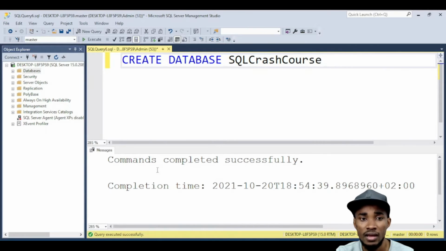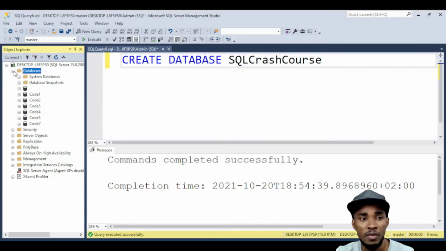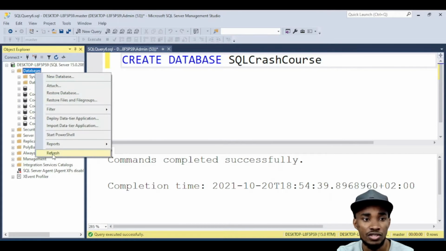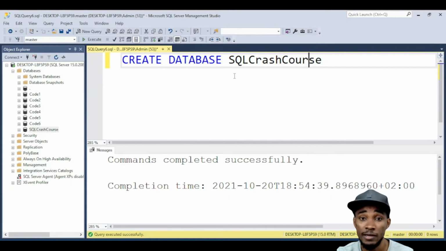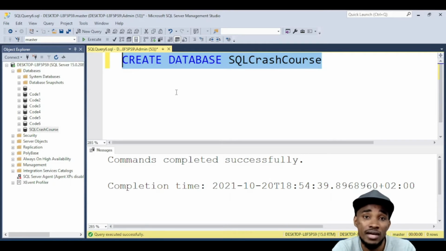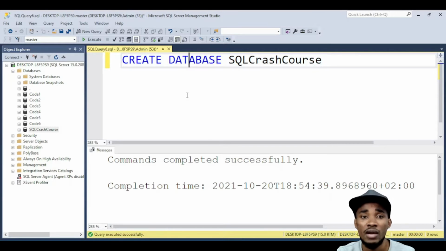As you can see there, the command has been executed and completed successfully. If we expand this and refresh, you will see that we now have SQL crash course. So this is how you create your database. This is the first command that you have to write to be able to set up your first database. The next one that I want to do is to create a table within